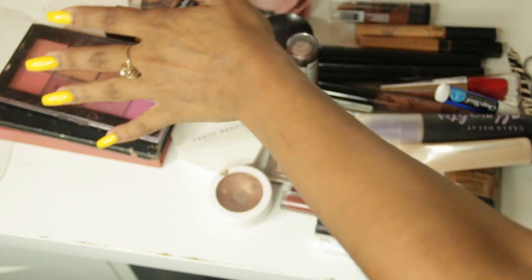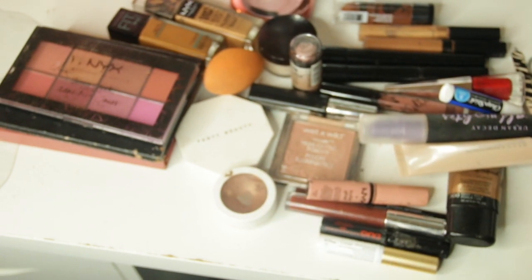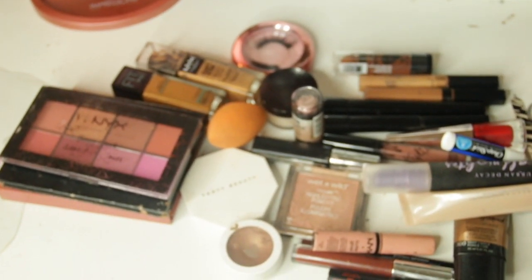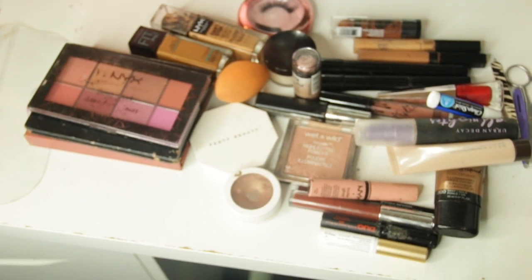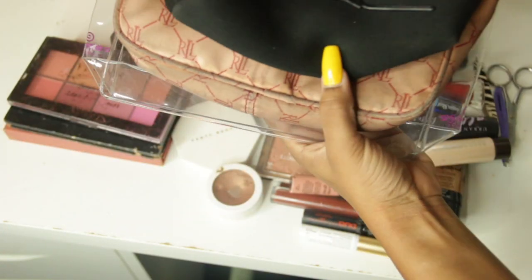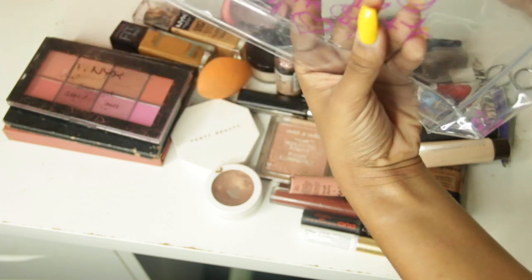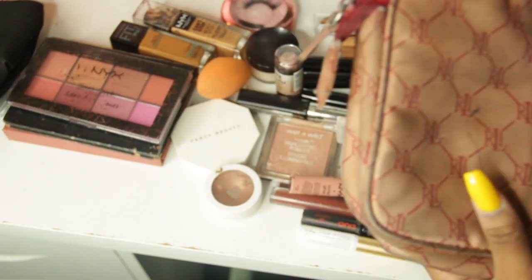On to makeup. This is pretty much all the makeup that I'm going to be bringing. It's not a lot because I want to stay natural, because I'm going to be on the beach and stuff, and I don't like to do too much. So I'm going to show you guys how I pack my makeup, going in with just these 3 bags. So we have the MAC bag, we have this old Ralph Lauren bag, and then this clear bag that I thought would be really cool for my palettes. So we're going to start off with this one first, and